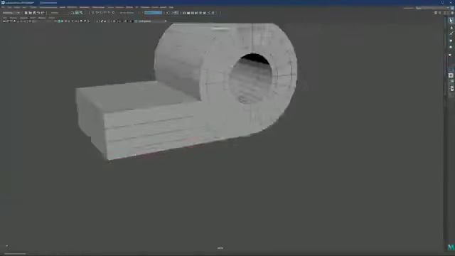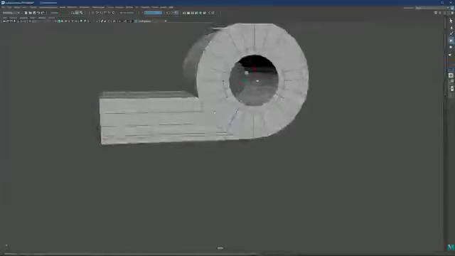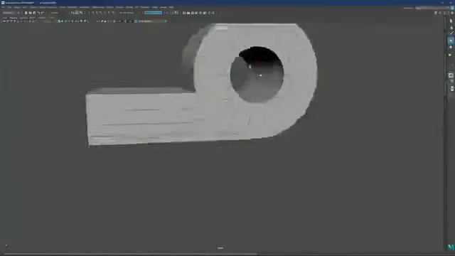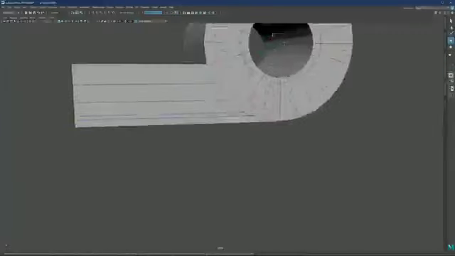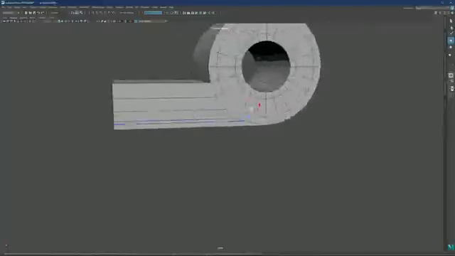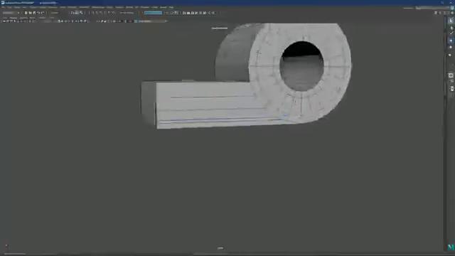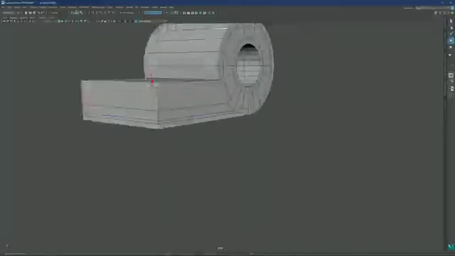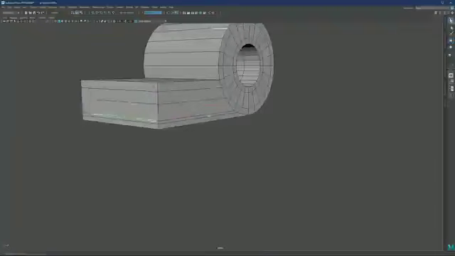So now when we have this supportive edge, what I can do is now I can slide it up, and you will see that this structure will now have the supportive edge and actually will hold this structure in one place, and only this small area will move. So this was our plan. So let me just organize this quickly a bit better. So we're now aiming for even edge distribution of the surface, so that more or less all edges are evenly spaced out.